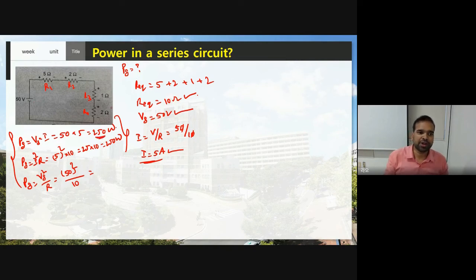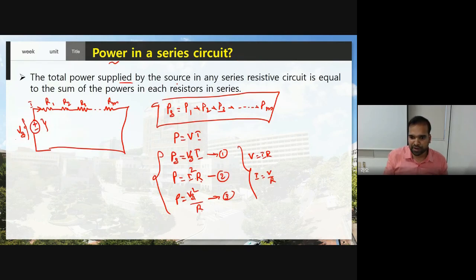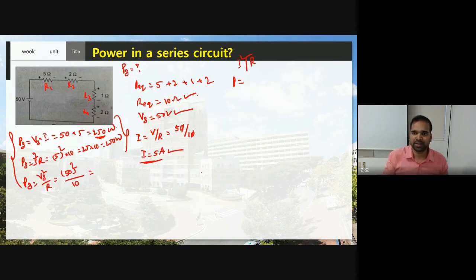Now you need to find what? The power at each resistor. Now here you know the current flowing through R1, and you know the resistor R. So here, with current and resistance, what formula do you have? I square R. P equals I square R. Let us consider this is P1. Now I square means 5 whole square, and R means R1, which is 5. Therefore, this is 25 into 5, and this is 125 watts. Yes or no?